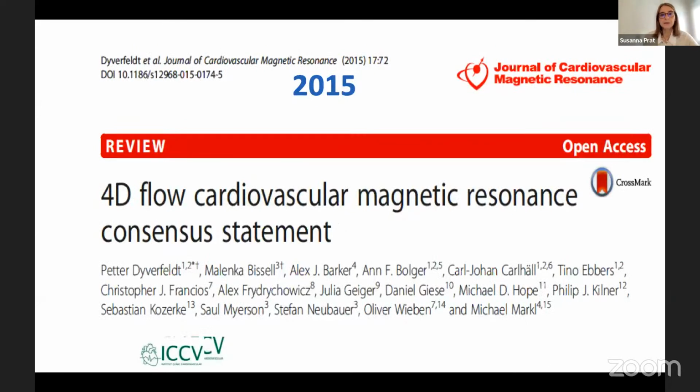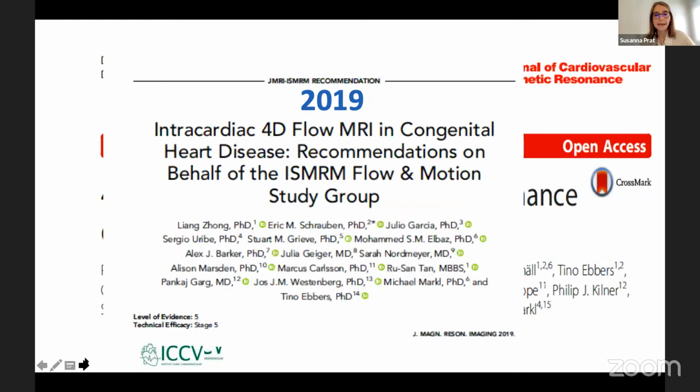Already in 2015, the scientific imaging community published this consensus statement about how to perform 4D flow, the specification, and the indication. Later on, in 2019 as well, the group of experts on congenital heart disease made a recommendation of this sequence,